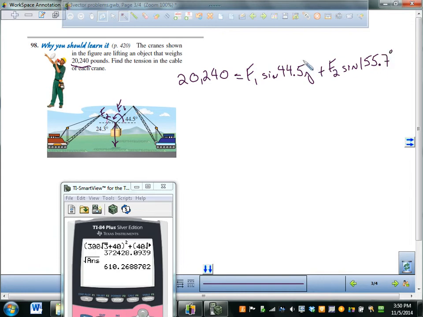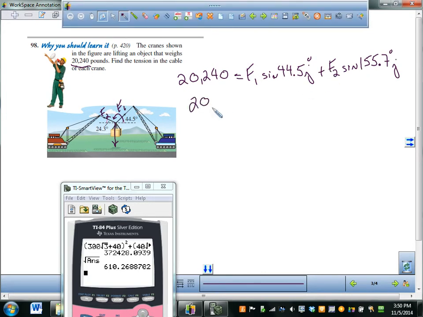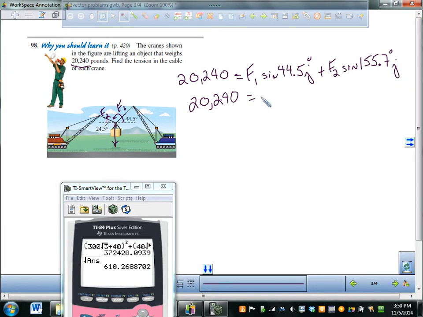Okay, and so there's your one equation. Because this force going straight down has got to be equal to these forces going up, because the box is not moving up or down. So you could set those, so you have 20,240 is equal to, and since these are both the j components,